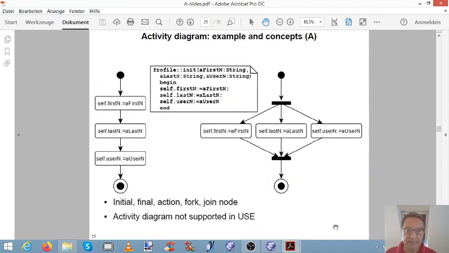As the last diagram I want to mention in the UML, the activity diagram. The activity diagram can be used for representing the implementation of an operation. Activity diagrams are very close to flowchart diagrams, and in activity diagrams you can specify control flow. So, for example, when you have here the init operation, which basically